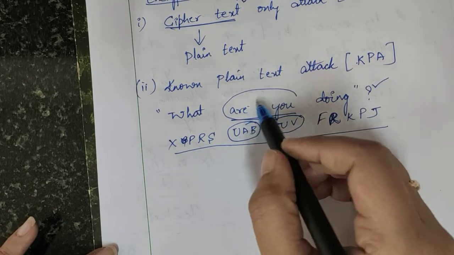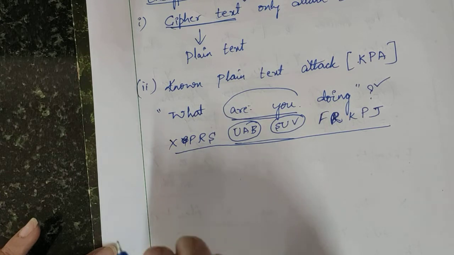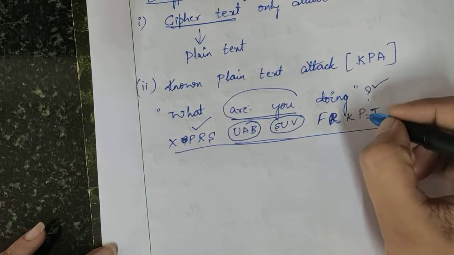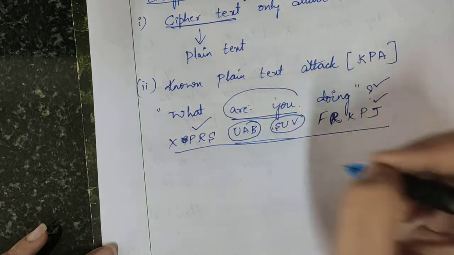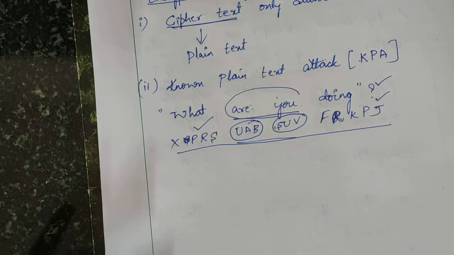The attacker knows the plain text for some part of the ciphertext. His task is to decrypt the rest of the ciphertext using this information. It's like in a sentence, for 2 or 3 words,